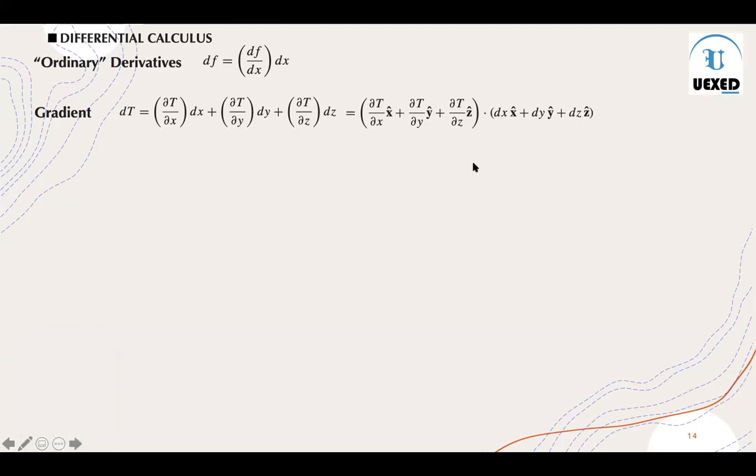So you can always write that this is just the change in the x direction. So you can use x cap, y cap, z cap, and this dx, dy, dz can be written as the position vector, dx x cap plus dy y cap like this, and then the dot product. And you know that the dot product of x cap with x cap is 1, however it is going to be 0 if you have x cap with y cap, or y cap with z cap. And by using this, you can come back to this formula again.